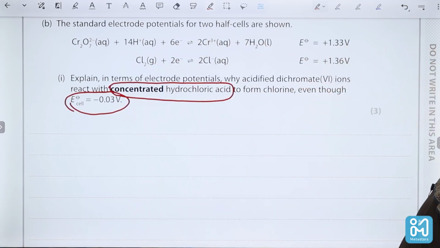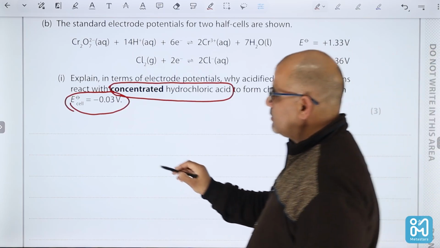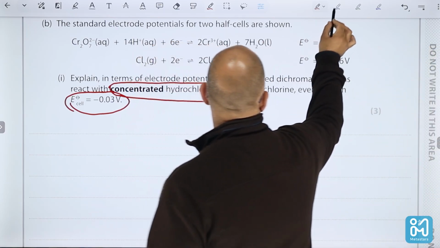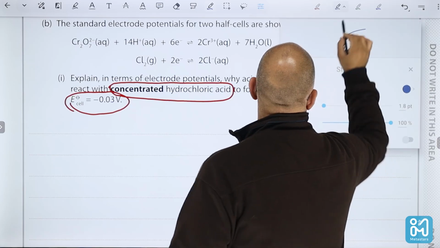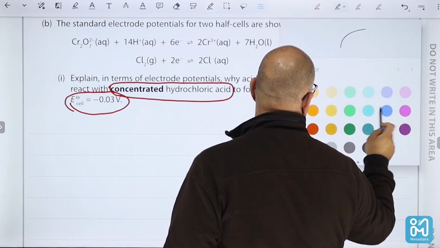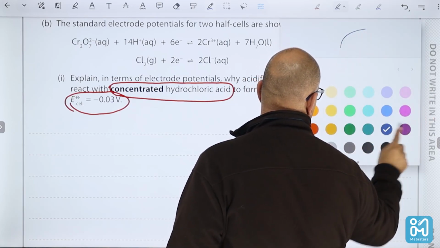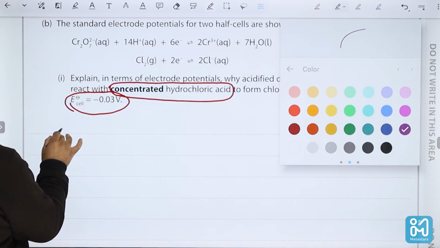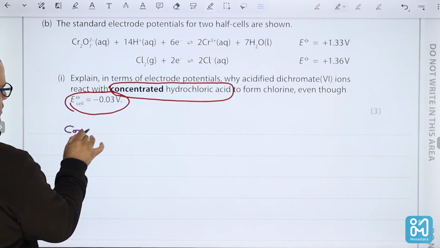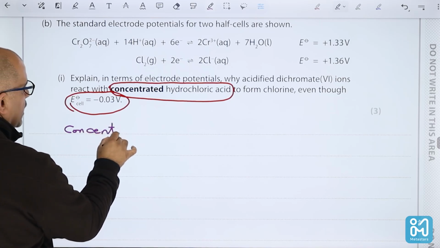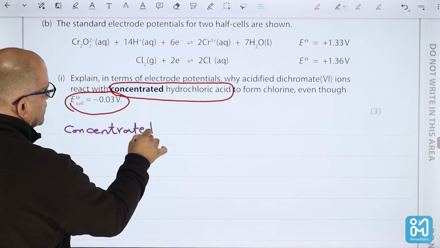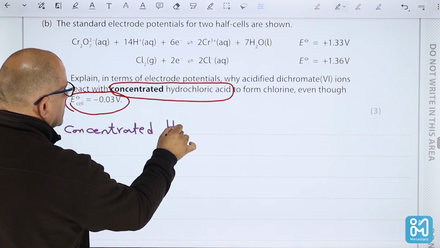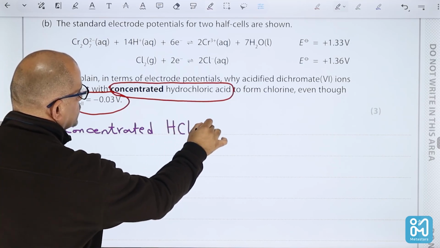Now, this means that where you have concentrated hydrochloric acid, HCl solution used,